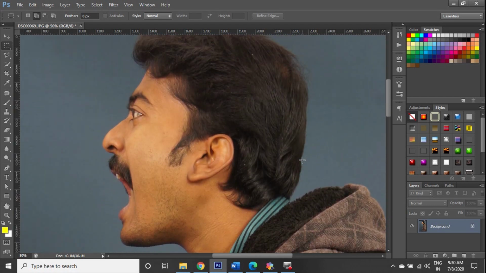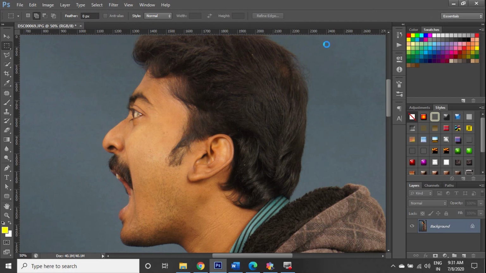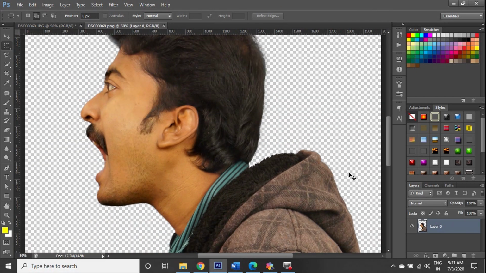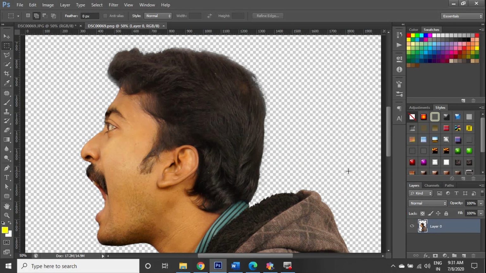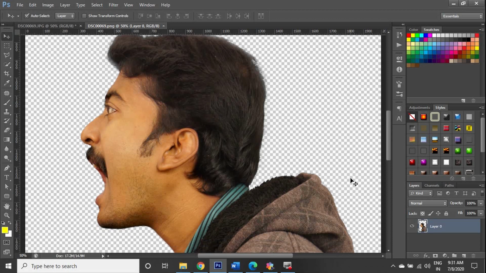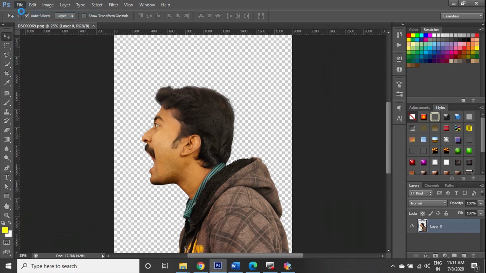However, dear viewers, to follow this tutorial, you need a portrait shot with any high definition camera and the help of an experienced photographer. First, you have to cut this portrait image with the help of any selection tool. Although I cut the image before, I will not prolong the video by showing this image cut again.